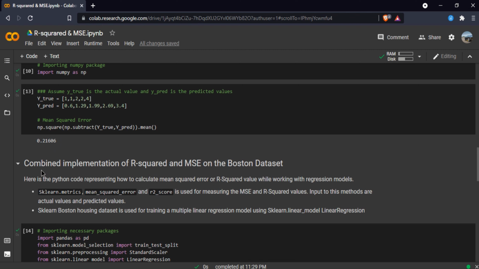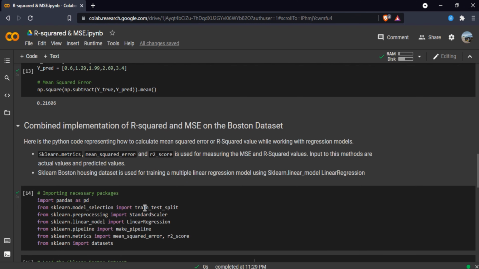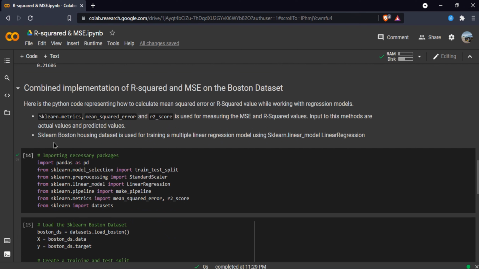Now, for the combined implementation of R squared and mean squared error, here is the Python code on how to calculate mean squared error and R squared while working on a regression model. We have used sklearn.metrics, mean_squared_error, and r2_score for calculating mean squared error and R2 score. We have used the sklearn Boston housing dataset for training a multiple linear regression model using sklearn.linear_model LinearRegression.